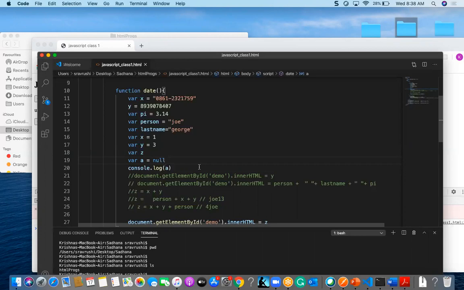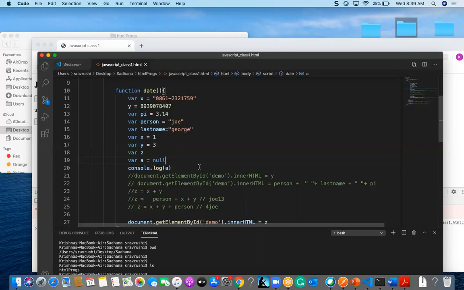There is a lot of difference between undefined and null. This is a basic question they will be asking, whether undefined and null are the same or not. If I declare a variable a and console log that variable, what will you get?